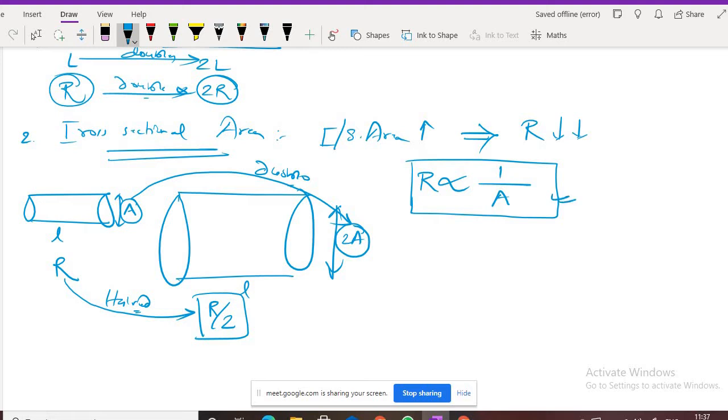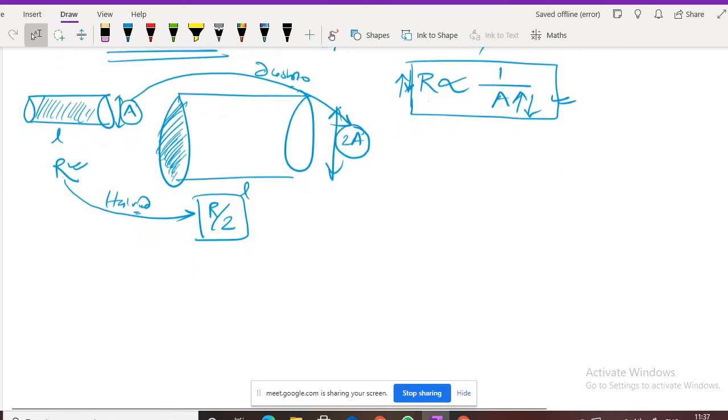What do you mean by this? If the rod or the conductor is thin, its resistance will be higher. If the conductor is thick, with a much larger cross-sectional area, the resistance will be less. More is the thickness, more is the area, less is the resistance. Less is the area, more is the resistance. So if area increases, resistance decreases; if area decreases, resistance will increase. Have you understood till this much?